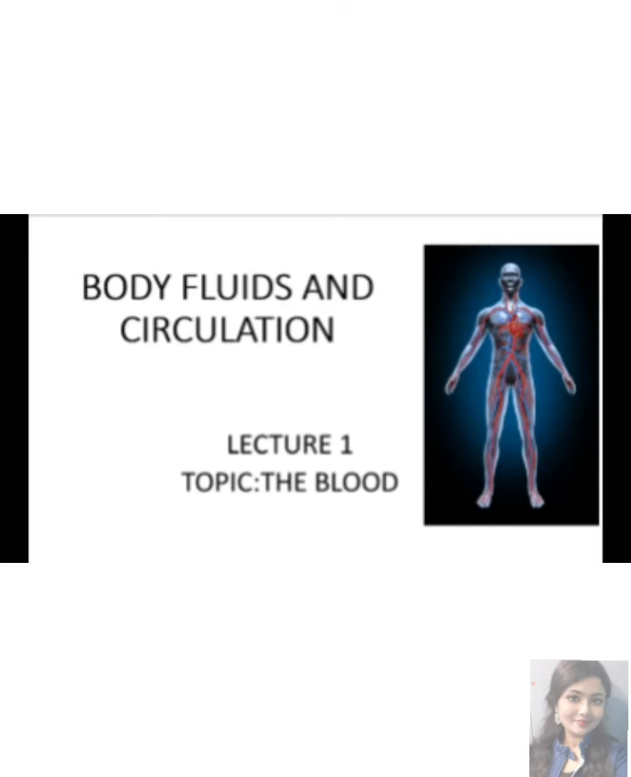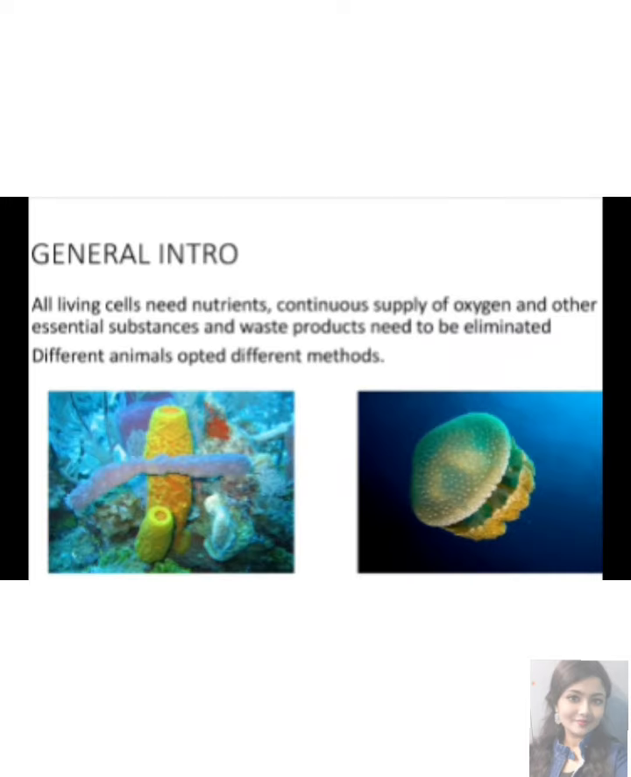Hi everyone. Today we are going to discuss some topics on blood from the chapter Body Fluids and Circulation. We all know that living cells need to be provided with nutrients, oxygen and other essential substances. In the same way, toxic and harmful substances need to be removed continuously for healthy functioning of tissues. Therefore, it is essential to have efficient mechanisms for the movement of these substances to the cells and from the